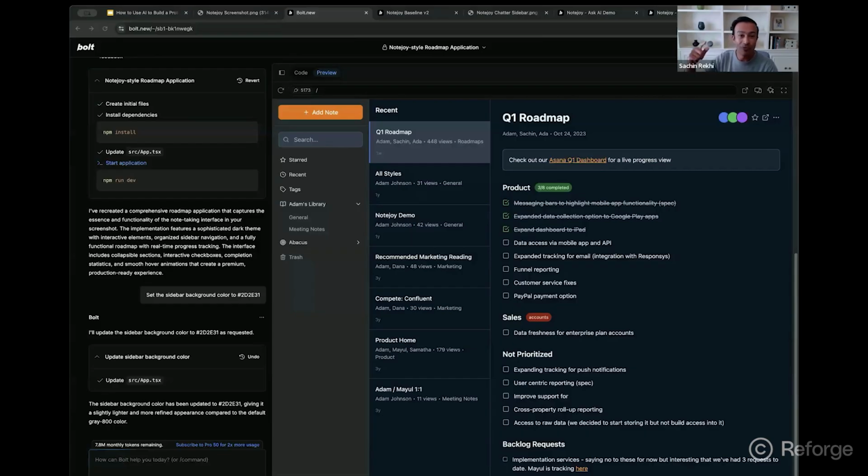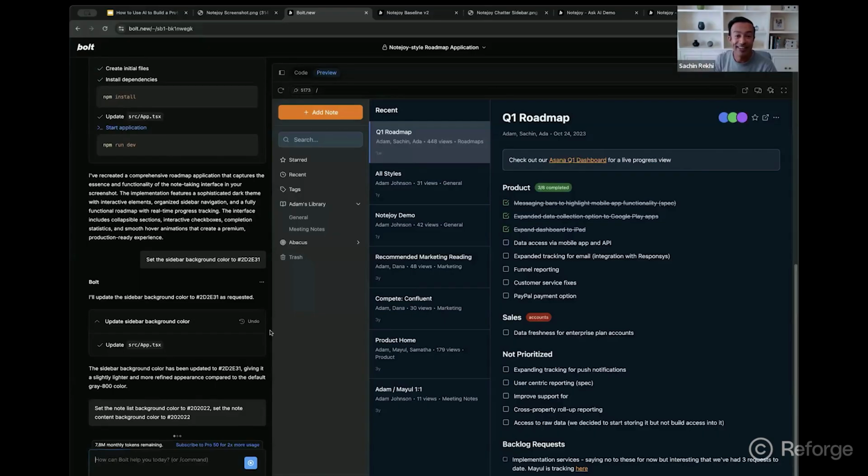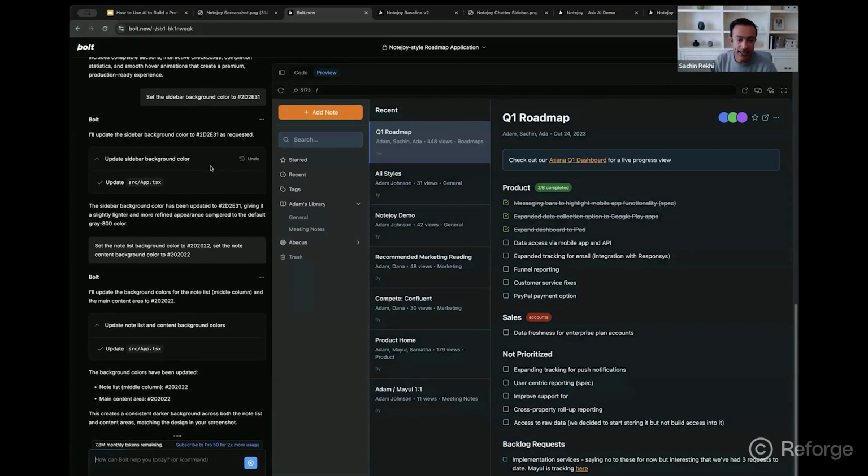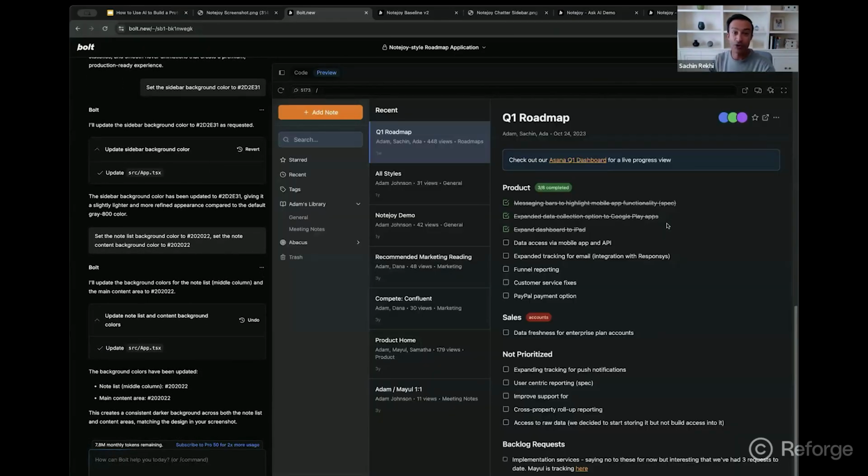Now, you'll find that the round trip it takes to answer your questions, you're kind of sitting there waiting. And so one of the techniques I like to use is just batch some edits. So you can see here, I'm telling it, set the note list background to this color, set the note content background to this color. And so now I can fire off a couple of updates I want it to go make. And then it will go make those faster than if I try to send those to it incrementally. And so now it's going to go do that, make those updates. And so we're going to get now the actual colors on the sidebars match our actual application.